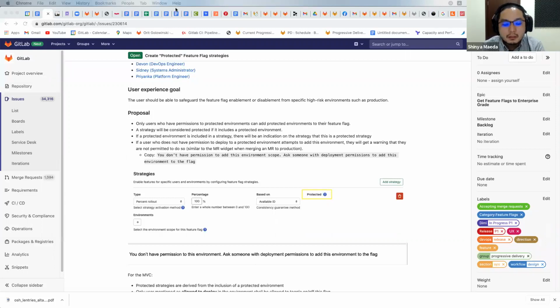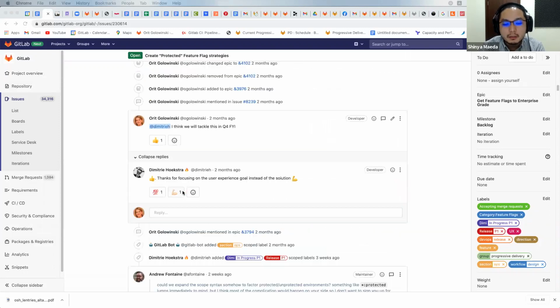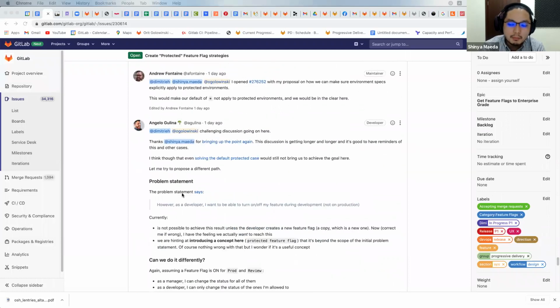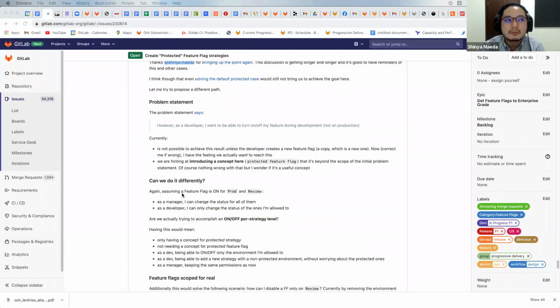I'm more thinking that instead of locking the entire feature flag, it's better to just lock at the strategy level. Angelo made a really nice comment at the bottom there. Yeah, it will be much simpler and easier and potentially doesn't cause some,